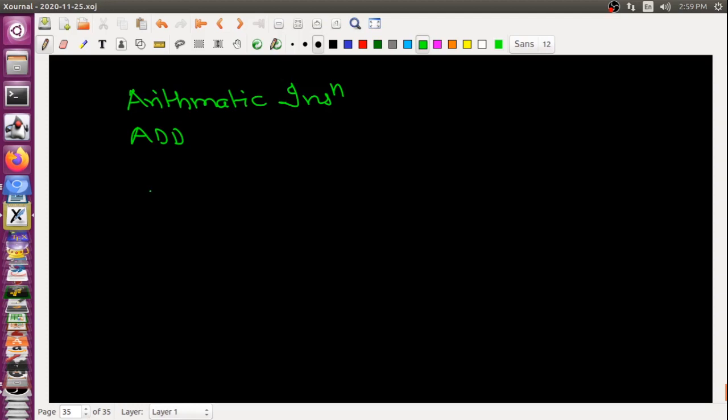for example, if I am writing ADD AL, 0F0h, can you please tell me what will happen here? Obviously, AL will have AL plus the immediate number 0F0.